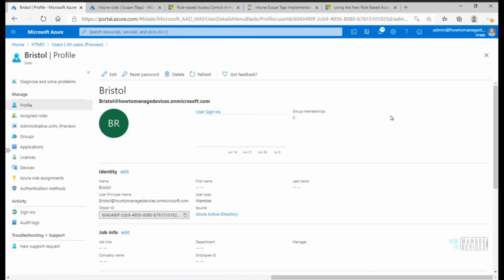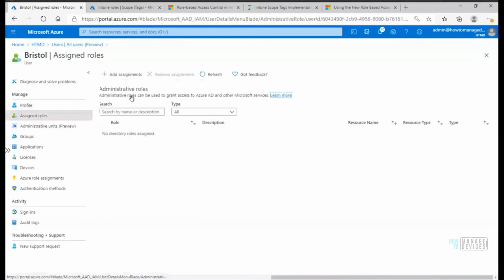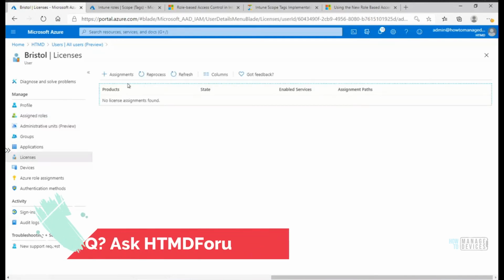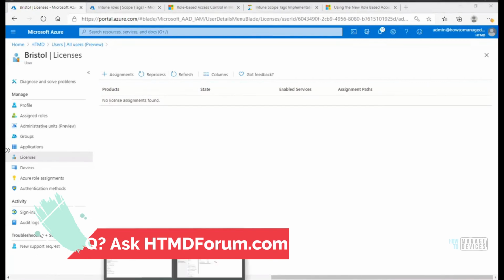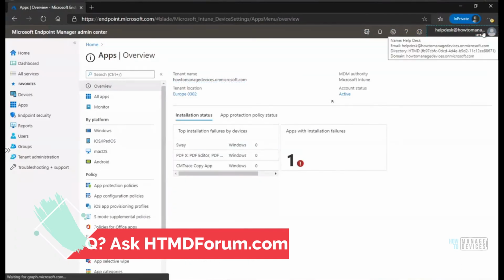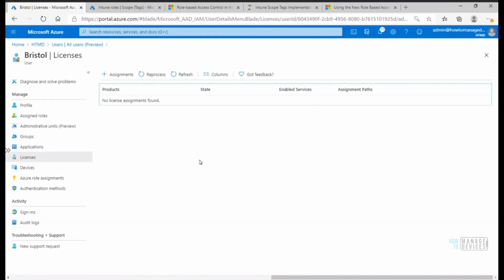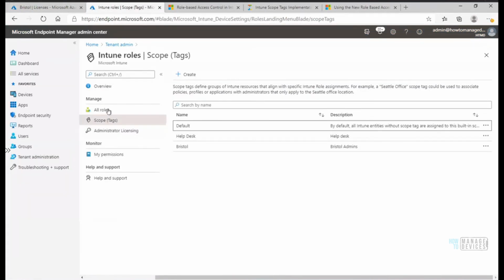Now if I go to assign roles of this user, there's nothing over there. No assignment, no specific roles. There is no license because we don't need a license anymore for Intune admins. Now, what I'm going to do is sign out from the help desk user, and I'm going to assign a role,